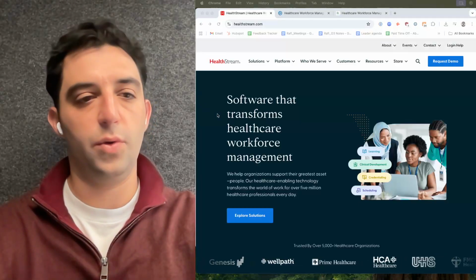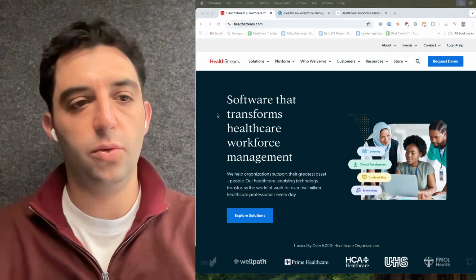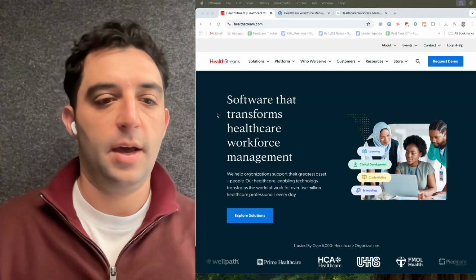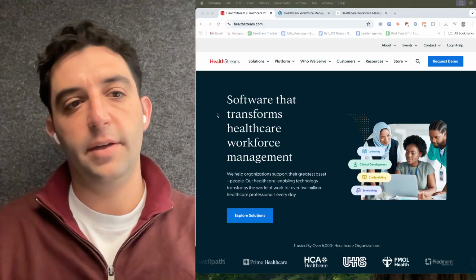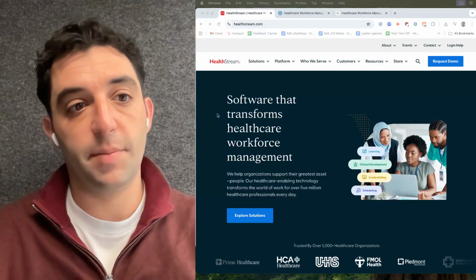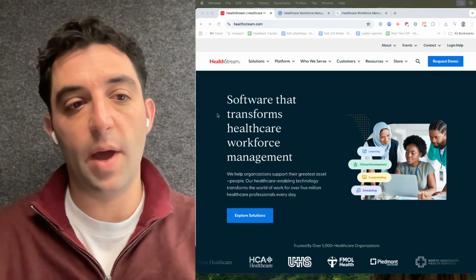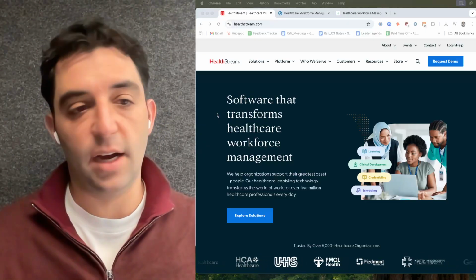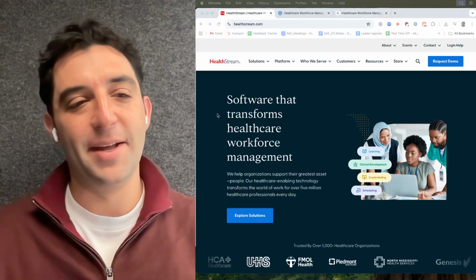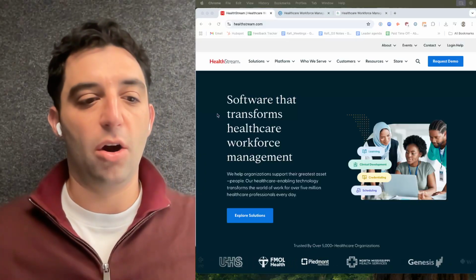I want to share three quick examples of three healthcare workforce management tools that are using their menu in thoughtful ways to accomplish the goal of directing their users around what is a pretty complex product mix, accomplishing some objectives with SEO and GEO, and doing it in a way that I think is easy to understand as a user, which is first and foremost the most important thing, but then also accomplishing these more technical objectives, which are increasingly